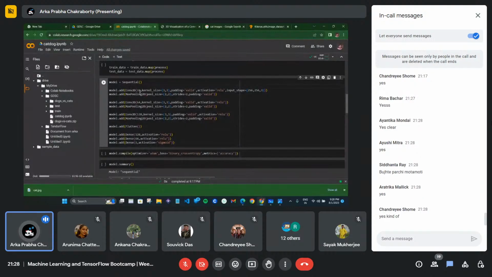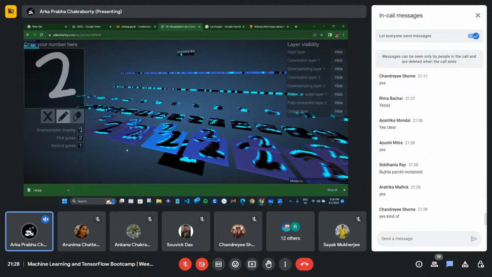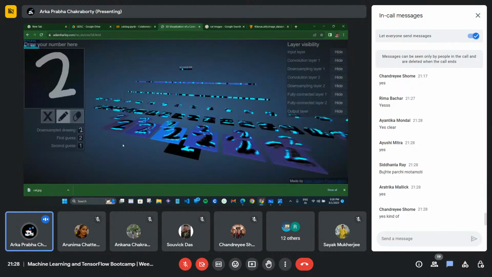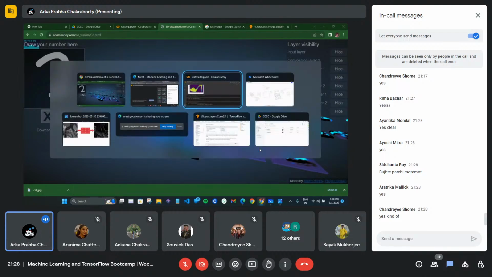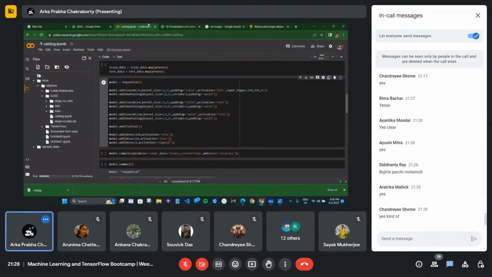So this is my convolution layers, right? As I have told you, in convolution layers filters will be applied. As I've shown you here, see how many filters were applied: 1, 2, 3, 4, 5, 6, only 6 filters were applied, right? But we are considering 32 filters.